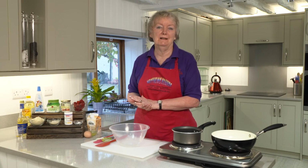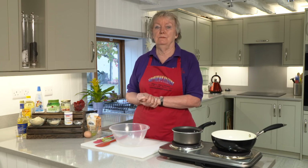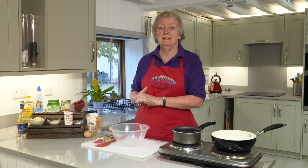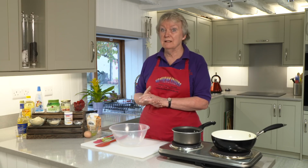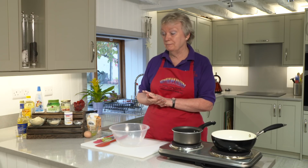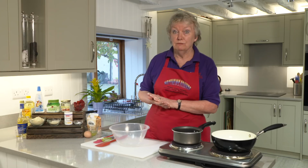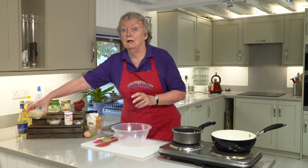Hello, it's Mo back in the Matthew's Friends Keto Kitchen, and today I'm making donuts, and these are based on the bread roll recipe, which has been very successful, so I'm hoping that this is going to prove to be the same. Very simple to make, really, and I'm going to start off with ground almonds